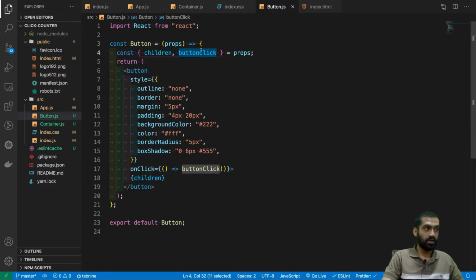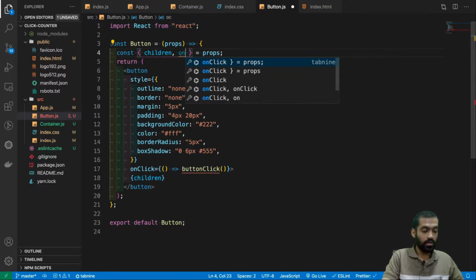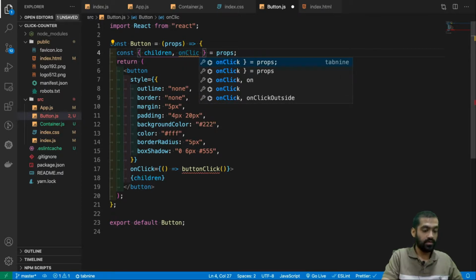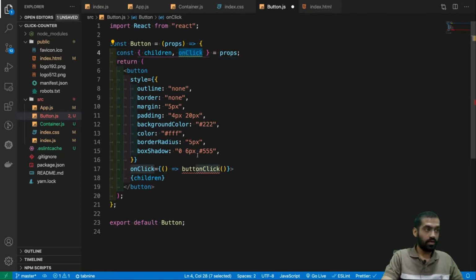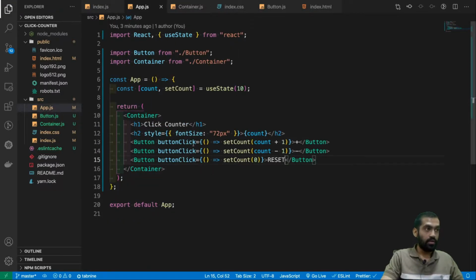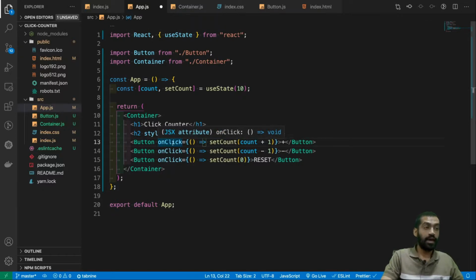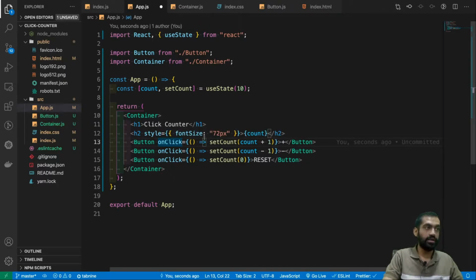First of all, this button click, right? Usually when we are passing an on click, we call the prop as on click as well. So this goes here, and in the app, instead of button click, we call this on click, so that we have uniformity in the code, right?